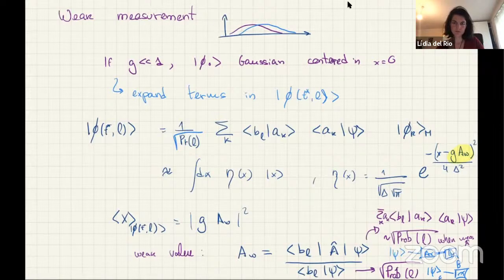I have a question regarding the weak value. Do you hear me? Yes. So if our initial function psi has no overlap with BL, then the weak value diverges. Does that mean that the average x value that we measure is infinite, since it's proportional to the weak value? So when BL's overlap with psi becomes 0, then the weak value is infinite.